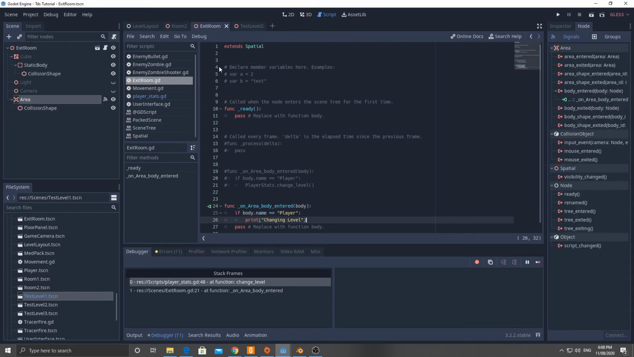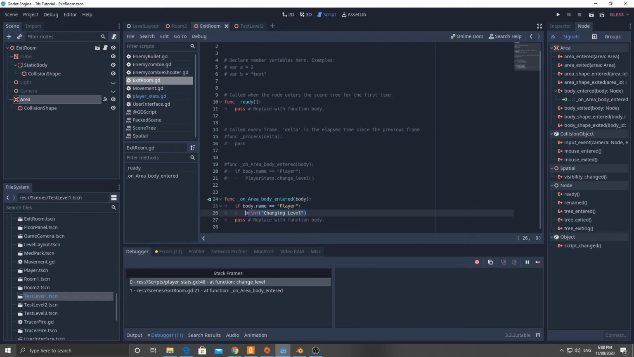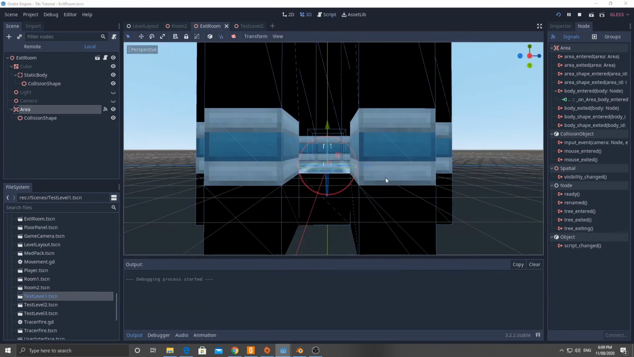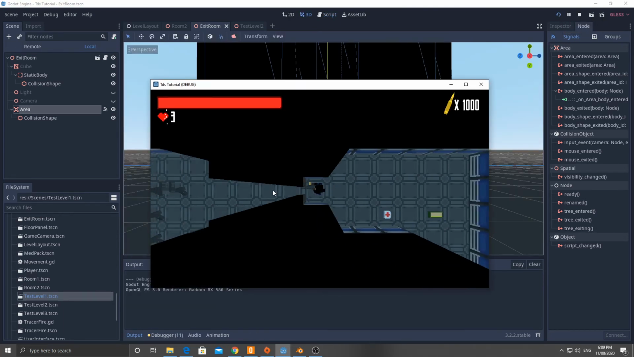Exit room, room 2. Exit room, on area, body entered, body name. Oh, because all I've done here is print changing level, which it did actually print there. So let's go ahead and call the function player stats dot change level. We don't need to say what level to. You could, but in this case, I'm not going to. And play that. So if I get into this room here,